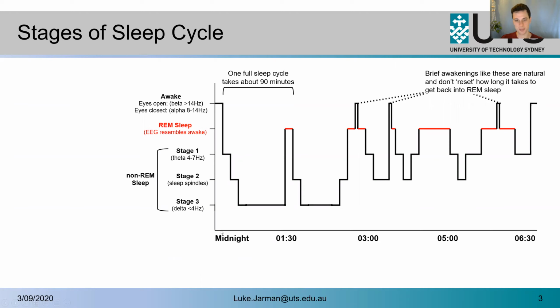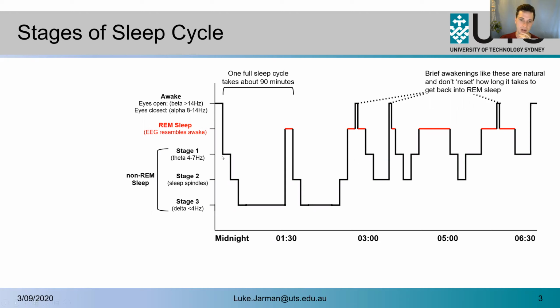This person went to bed around midnight. As you can see, they were awake up until that period, and your awake EEG is mostly comprised of beta and alpha waves. Alpha is predominant in a relaxed, eyes-closed state. You can imagine this person was falling asleep for 7 to 8 minutes with their eyes closed, so they started to see predominantly alpha waves during that period. Remember, alpha is associated with closed eyes. Before that, you might have seen mostly beta waves, which are associated with mental activity or any kind of physical work, like moving around the house.